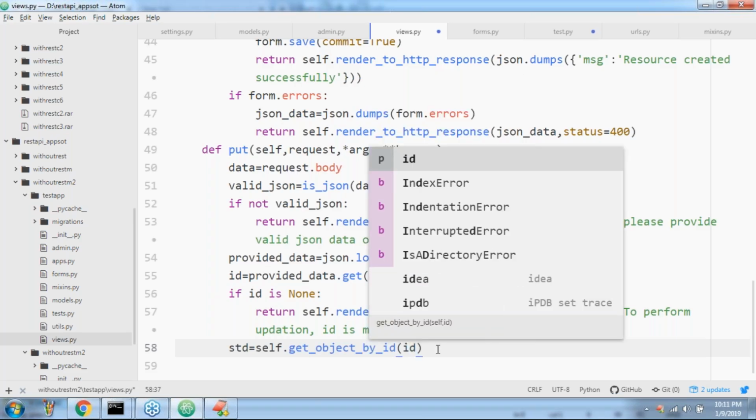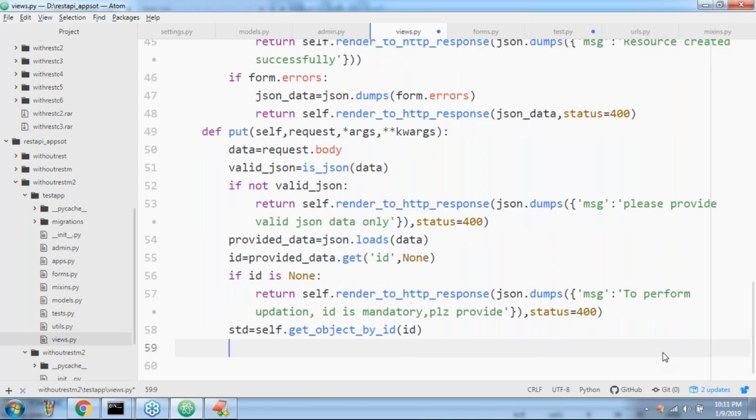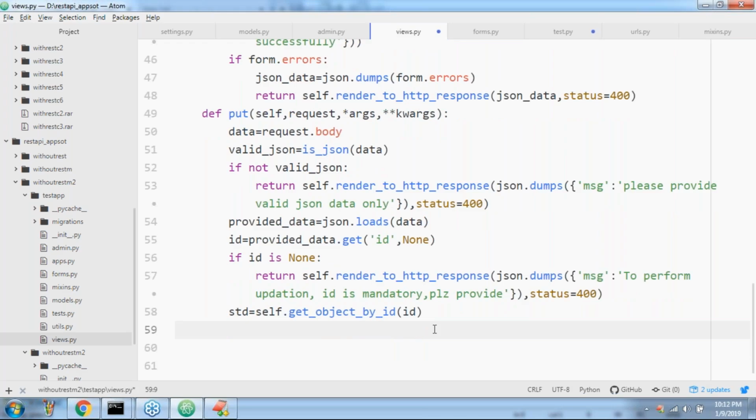Is it valid or not? Can you please confirm? If ID is None, okay. If ID is not None, then only I'm getting the object, sir. Again you have to check with this ID, sir, maybe the data is not available. The student may be None.